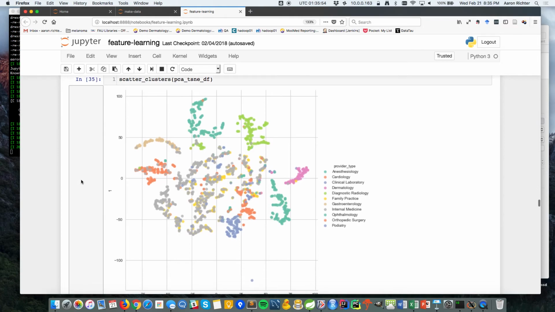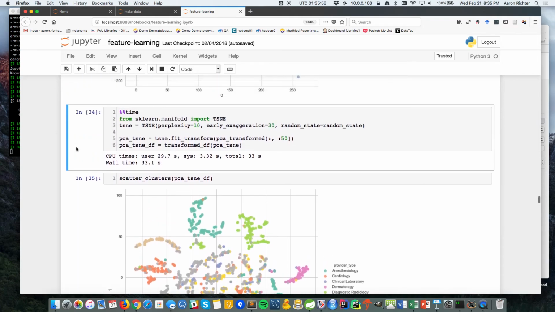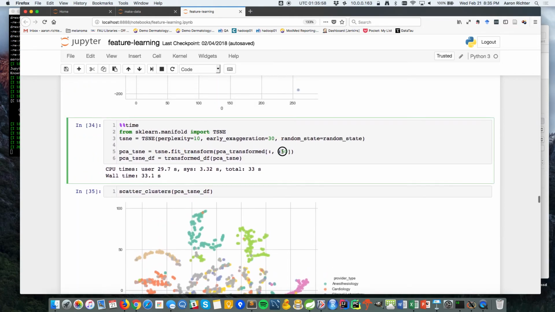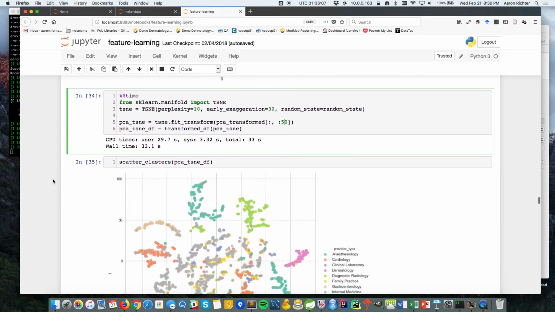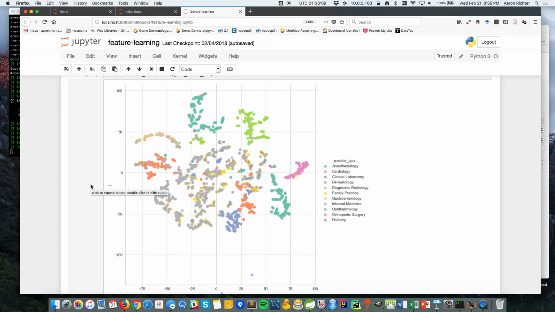So, but now I took, let's see, what did I do? I took the top 50 features from the PCA, put through the top 50 principal components, and then I used t-SNE to transform that into two coordinates. And now you can see there's actually a good amount of separation in our data, which is basically saying that explained variance is actually explaining the variance that leads to the specialties that these doctors perform at.